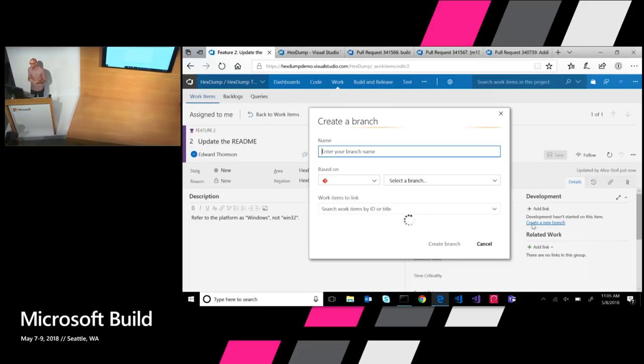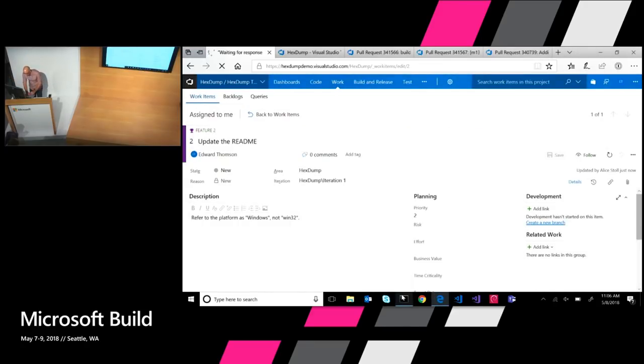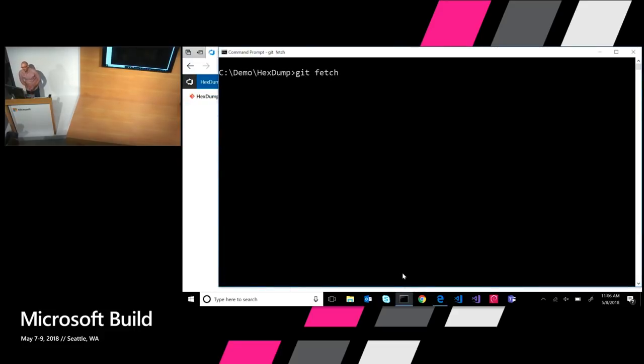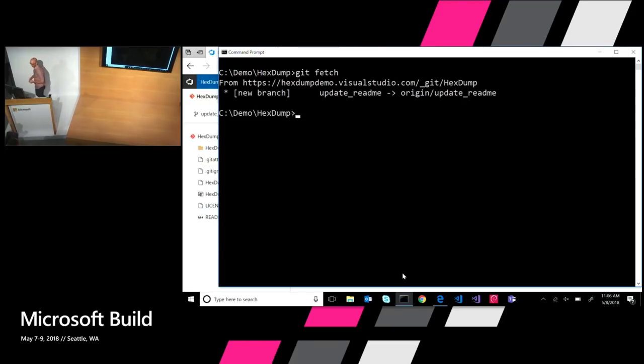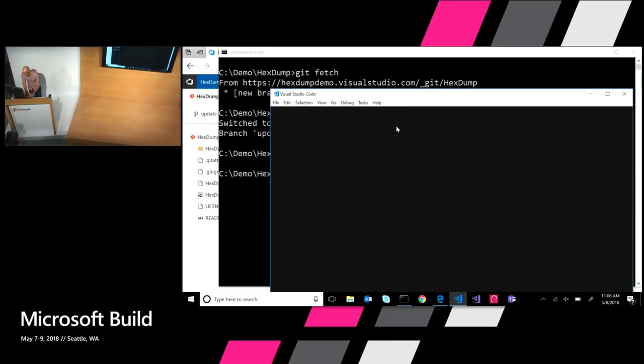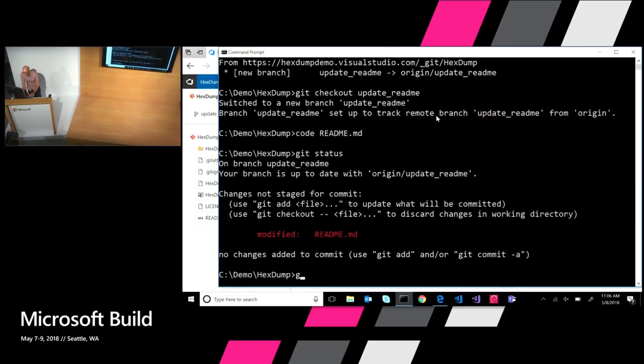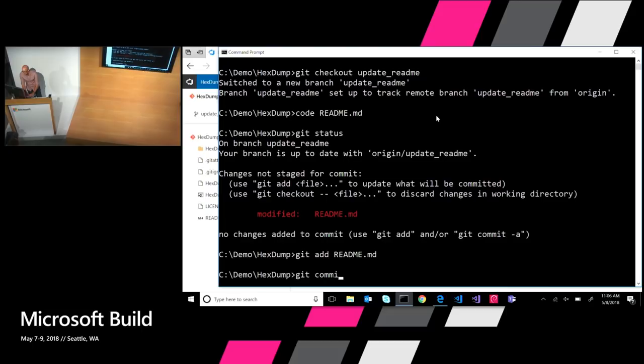So this will create a new branch off of my master branch. I'll give it a descriptive name, click create, and that creates a new branch on the server from master. If I want to start working, I can just git fetch that branch down to my local repository, check it out, write some code, make my change, save it, check it in, again, just to my local repository,